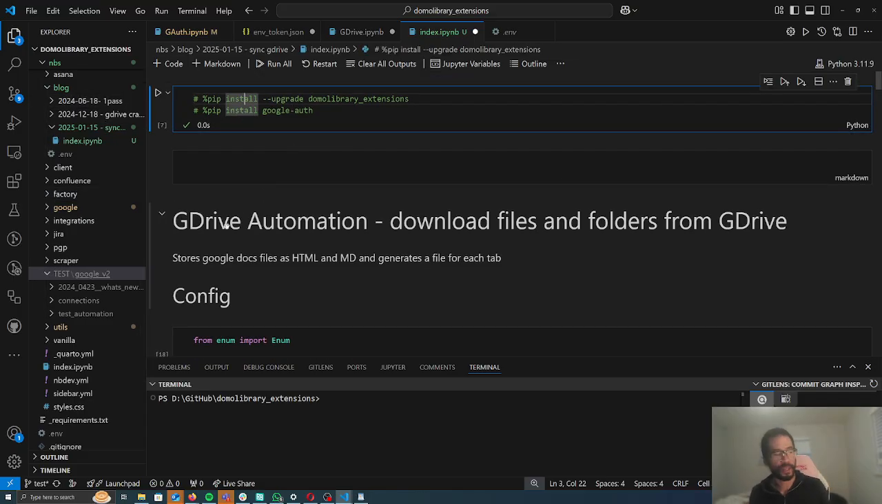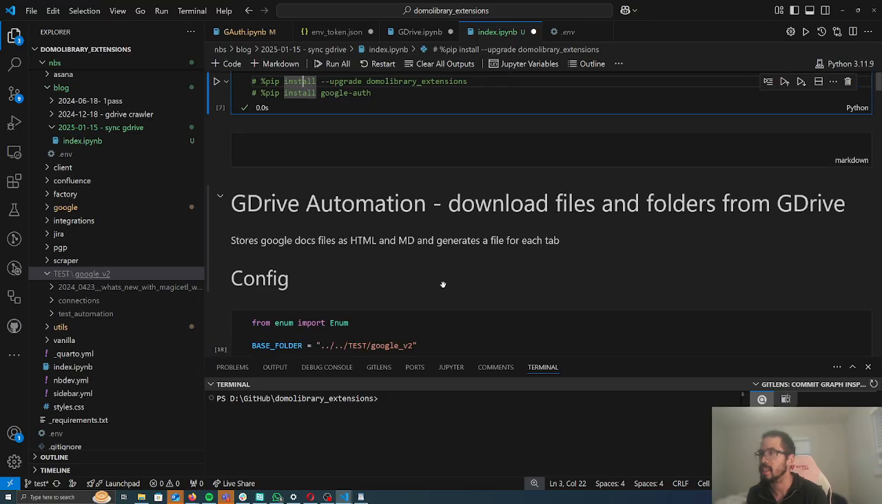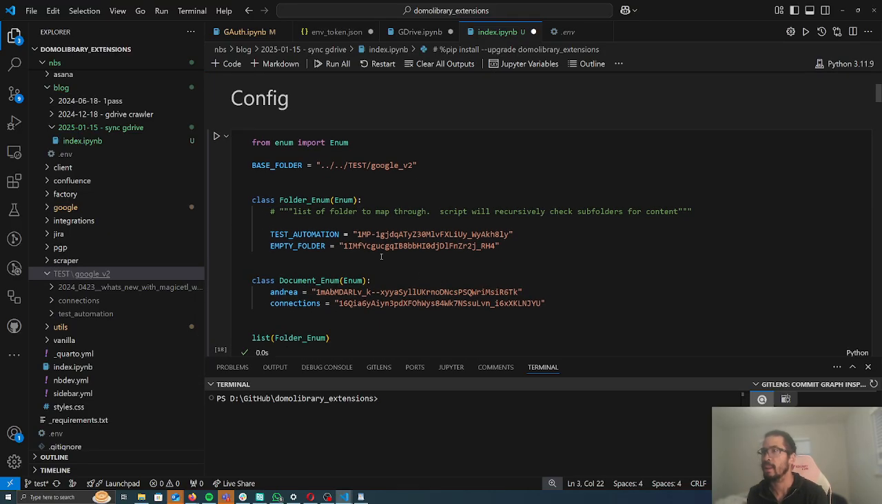So what I've done is I've written an automation with a series of routes and classes, and this is the implementation script that will download all of the files and folders from my G Drive and store them in a location. Let's just look at the output real quick. I've outputted everything to a test folder called Google V2. I've explicitly enumerated that I want to download the test automation folder, the connections folder,